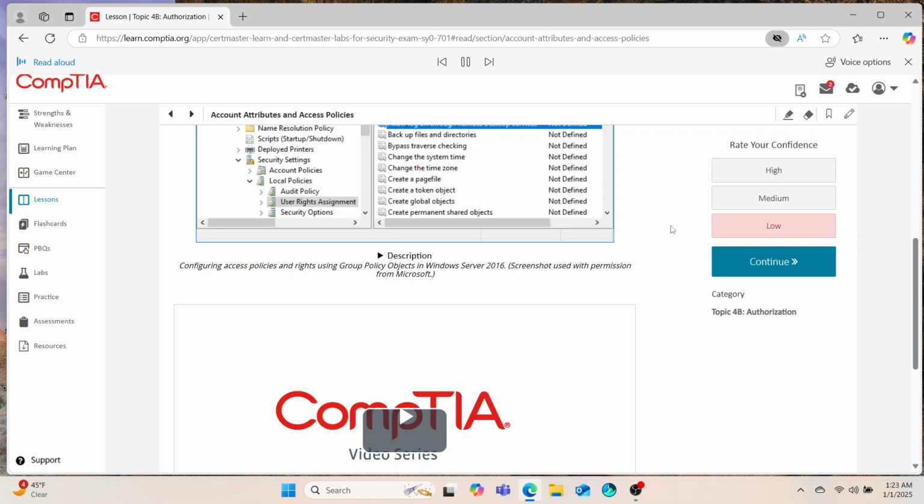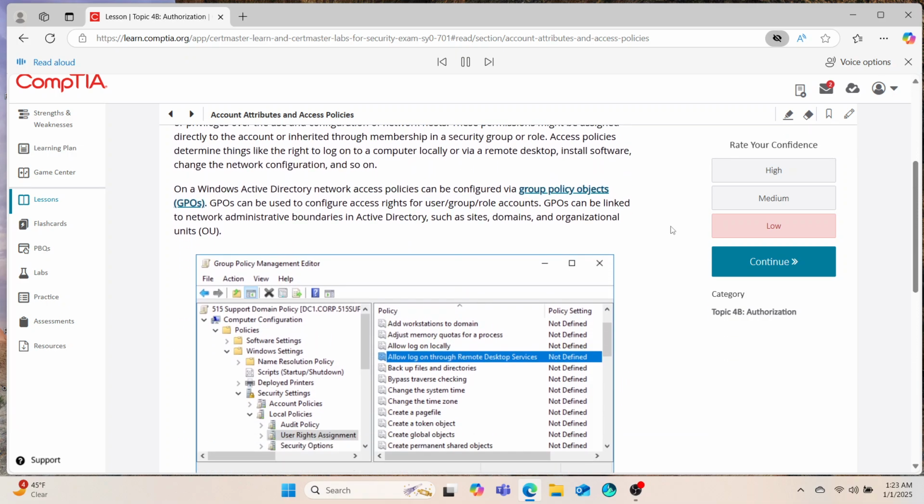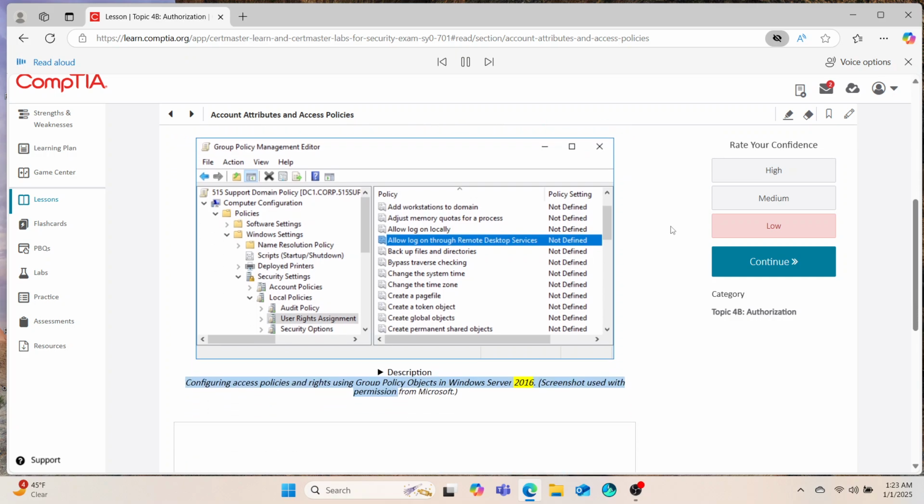Description. The menu at the top reads File, Action, View, and Help. Below, a pane on the left shows options for 515 support domain policy, with user rights assignment selected. On the right, various policies and policy settings are listed. Allow logon through Remote Desktop Services policy, with the policy setting not defined, is selected. Configuring access policies and rights using group policy objects in Windows Server 2016. Screenshot used with permission from